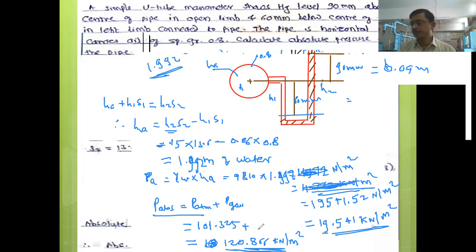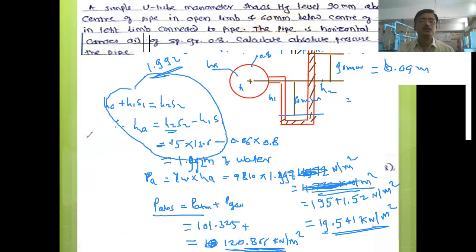Right. Has everyone understood how to solve this? Now I will suggest as homework that instead of using this method, you solve this problem using another method. What is that? Under equilibrium condition, the pressure intensity in the left limb is equal to the pressure intensity in the right limb above the datum. So the formula will be PA plus gamma 1 H1 is equal to gamma 2 H2. PA is equal to gamma 2 H2 minus gamma 1 H1. So gamma 2 here, mercury is there, 13.6 into 9810.